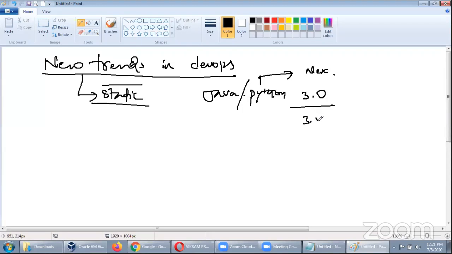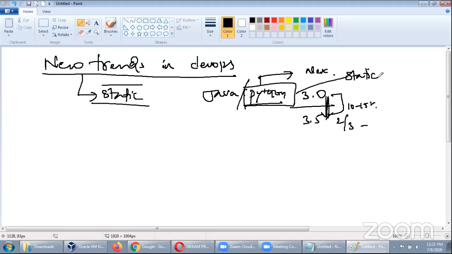When Python 3.5 comes, hardly you may see 10 or 15% fluctuation, and this may take 2 or 3 years. So you have ample time and you become very stable. That means the subject is called static: changes are not huge and not regular. Such things are called static in the IT industry.